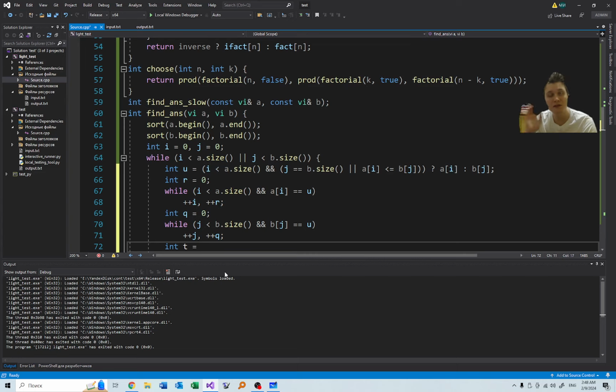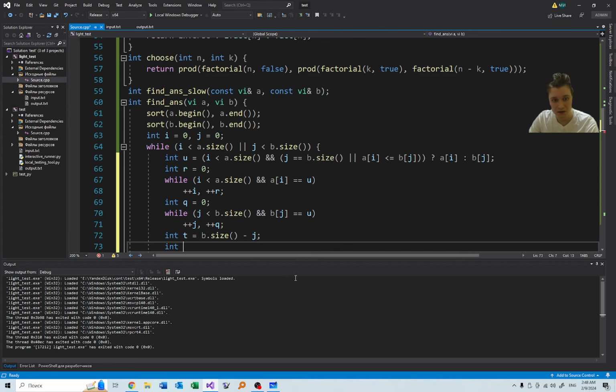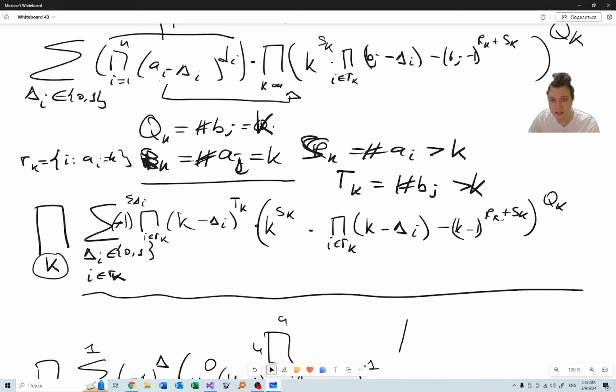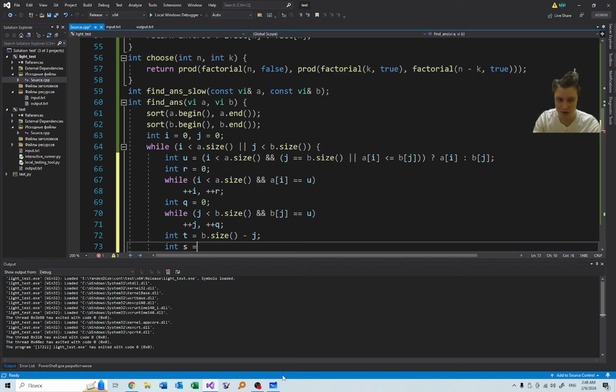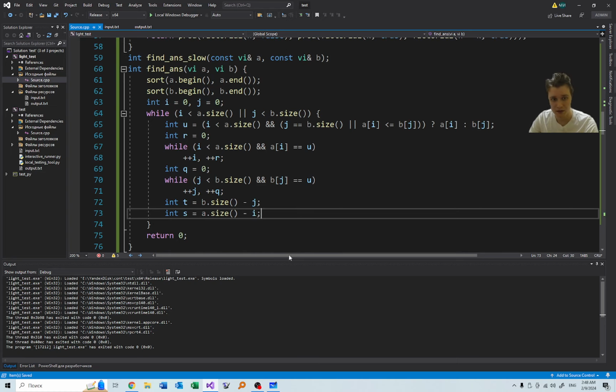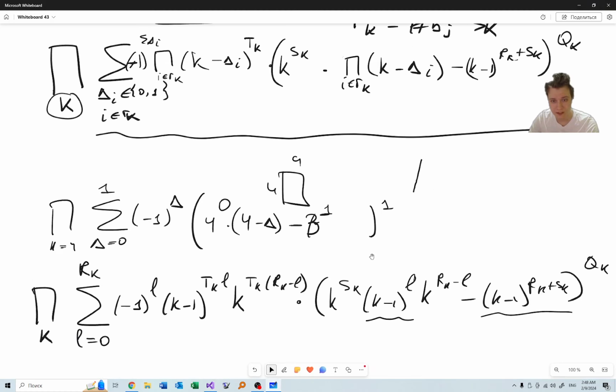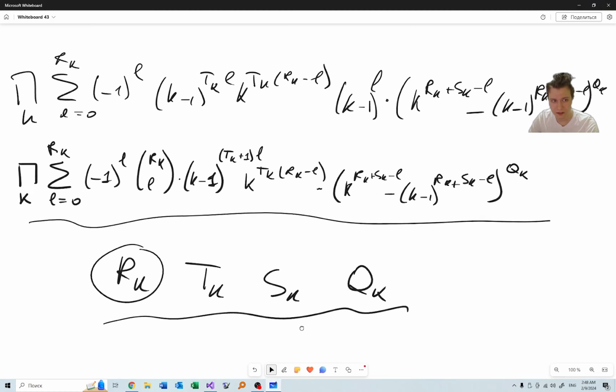So how to calculate the number of bj's which are greater than k? It's simply b.size minus j. And finally, int s is the number of a's which are greater than k. And it is also easy because it is a.size minus i. Well, we have found all of them, and then it's simply